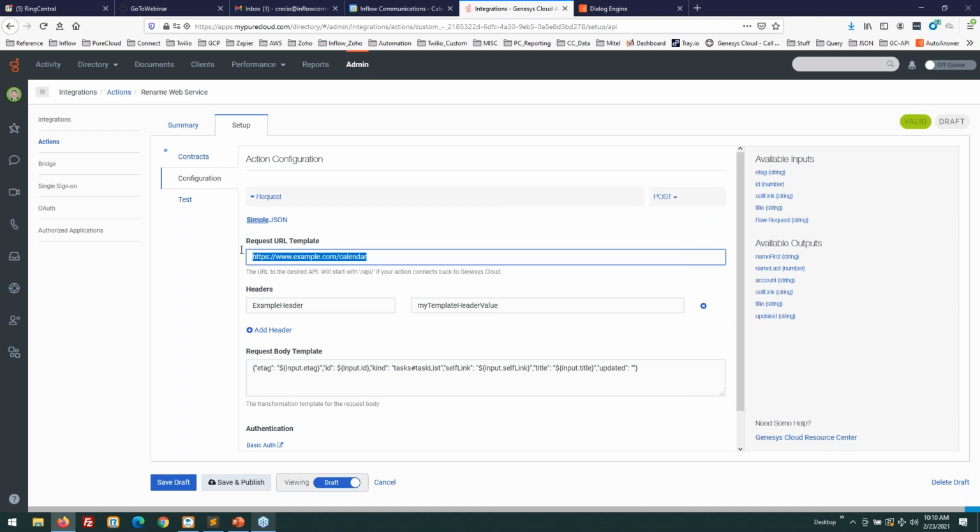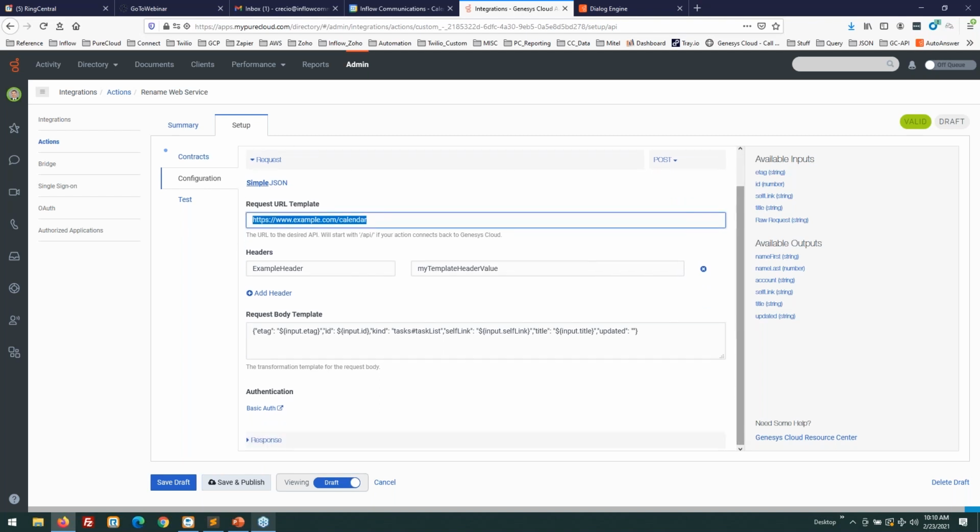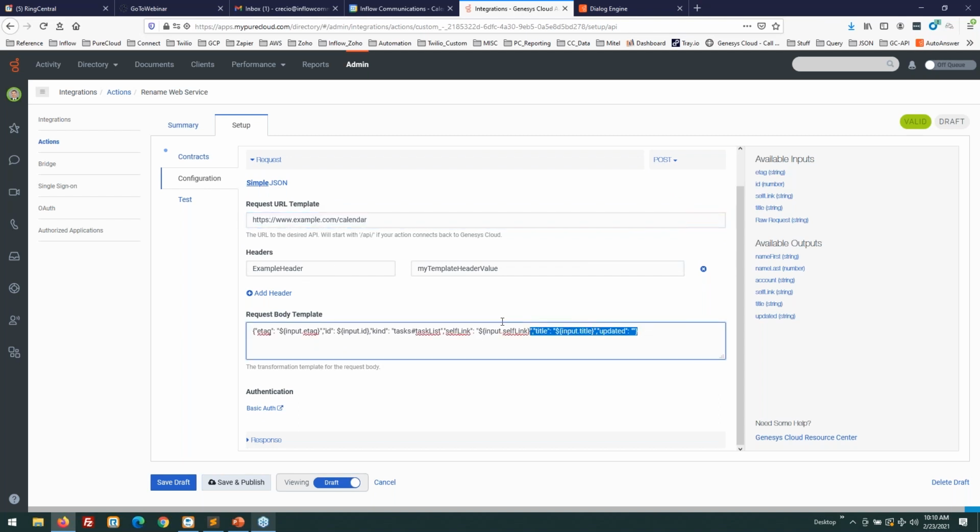From there, I'm going to point to the URL that I'm going to send my data, and you'll likely have maybe some header information. It really depends. But here's the key piece here. In the request body, I'm going to insert the information that I'm looking for as part of my request. Now, if this is not something you do on a regular basis, not to worry. I just want to give those folks who are familiar with it on the call today at least an overview.